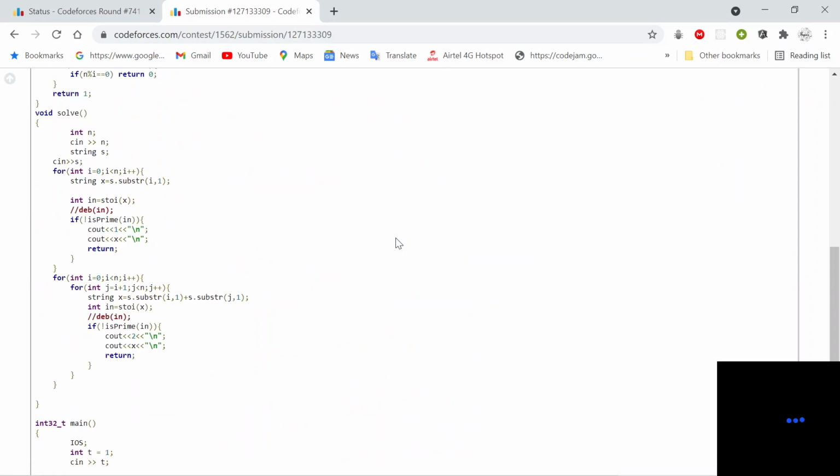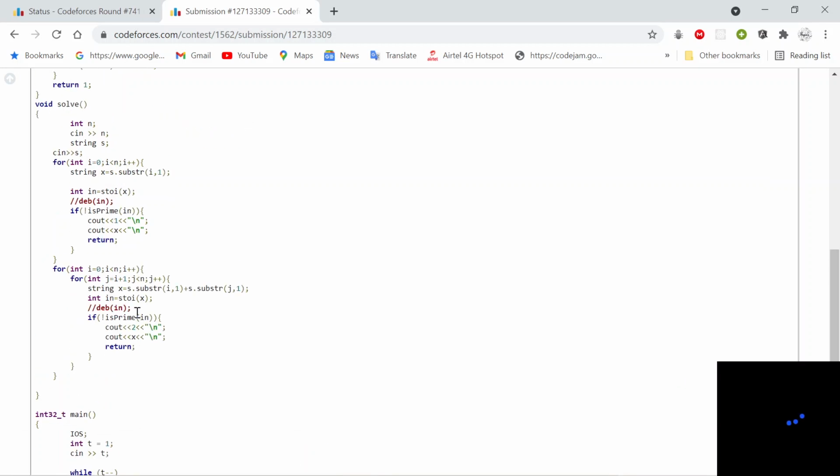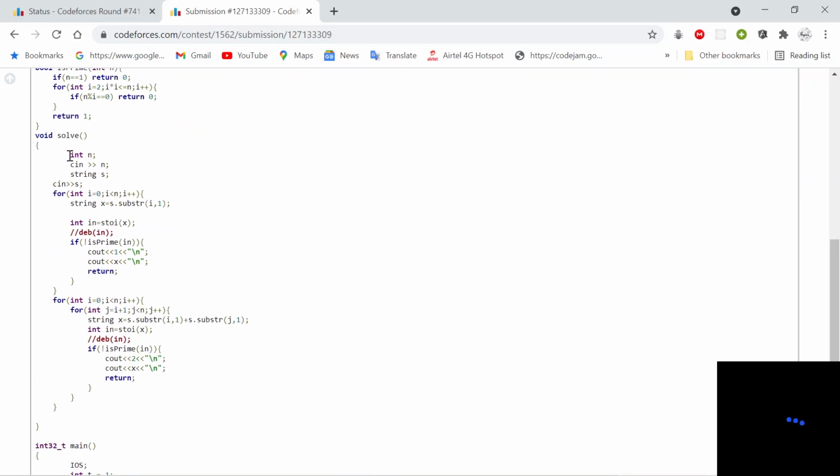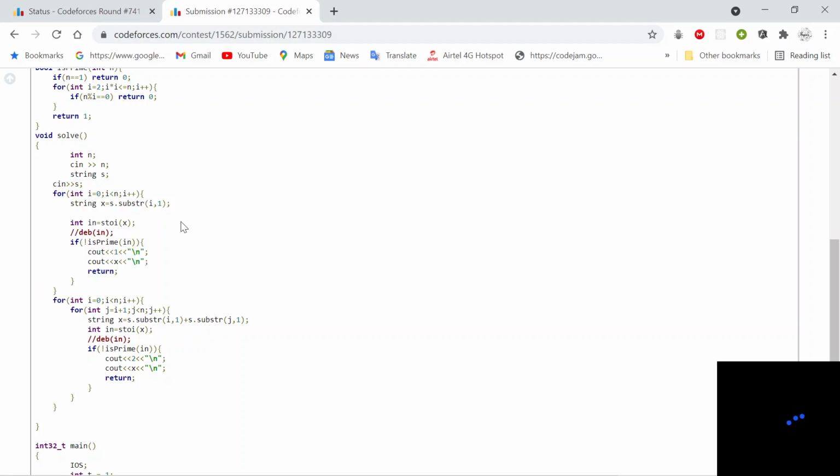Basically, I have taken the test case count t and I am running the solve function. I am taking the length of the string, n, and the string itself, s, as input, and I am iterating one by one over the whole string.